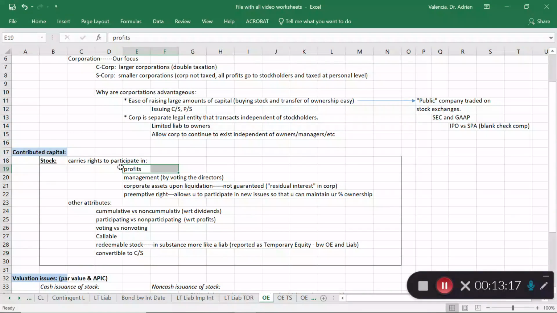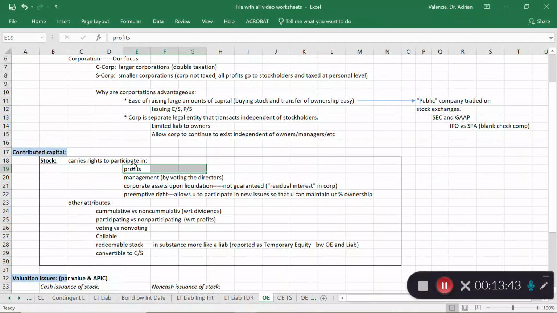Now, the way you get that profit, we said earlier, is in the form of dividends, right? When a corporation issues the dividends, the profits, it goes to the stockholders in dividends. And we'll have a video later on discussing how to account for dividends. There's different types of dividends. The more traditional dividends are your cash dividends, but you could also have stock dividends, property dividends. So watch that video as well.